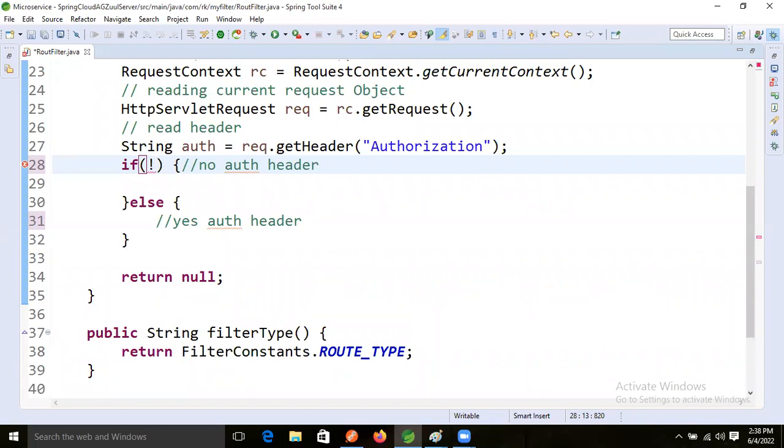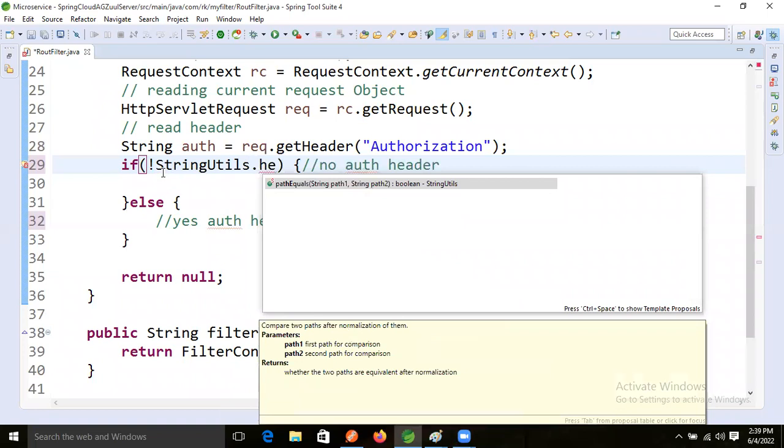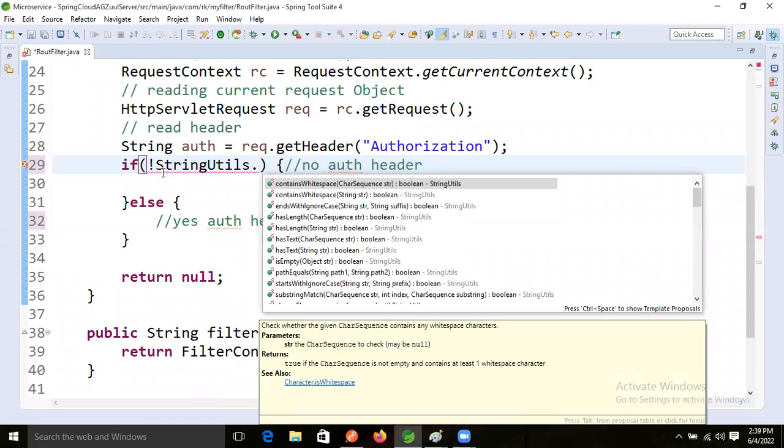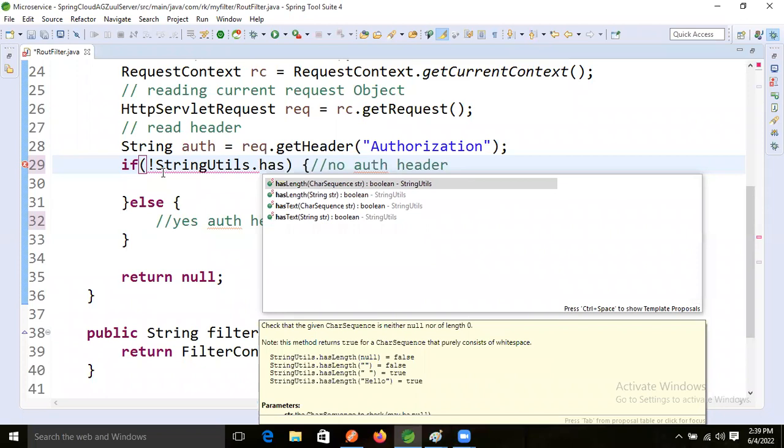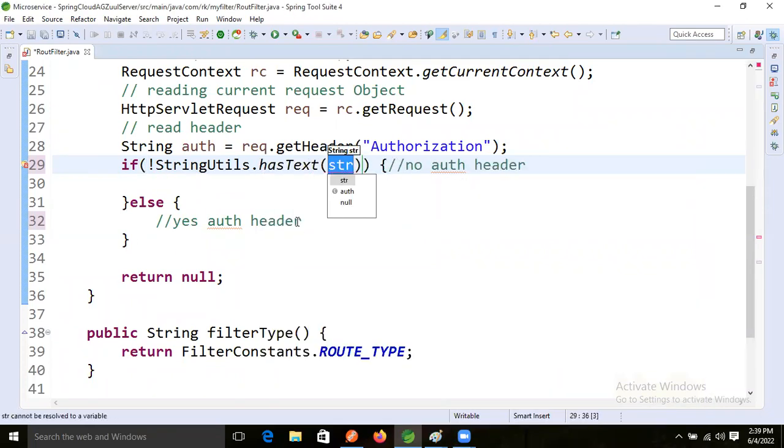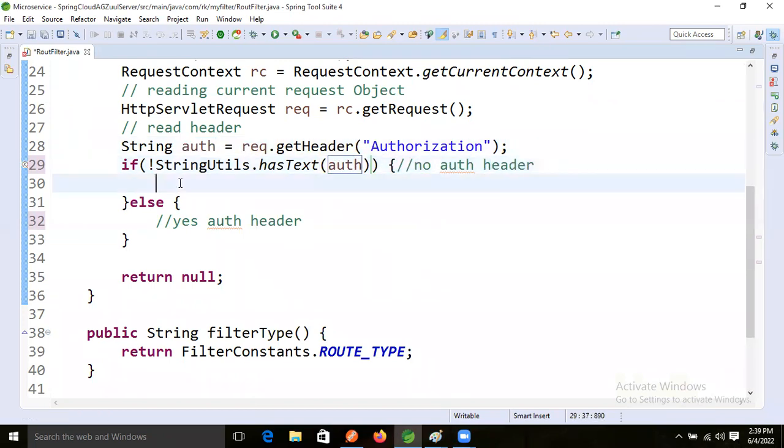What is the class? Sorry, StringUtils, right? StringUtils dot, the hasText method we saw. Has text, right? If has text, if text is there, what is the text now? Here text will come, this text Auth only. Then what will happen now? Then this block will execute, right? So I'm taking the log